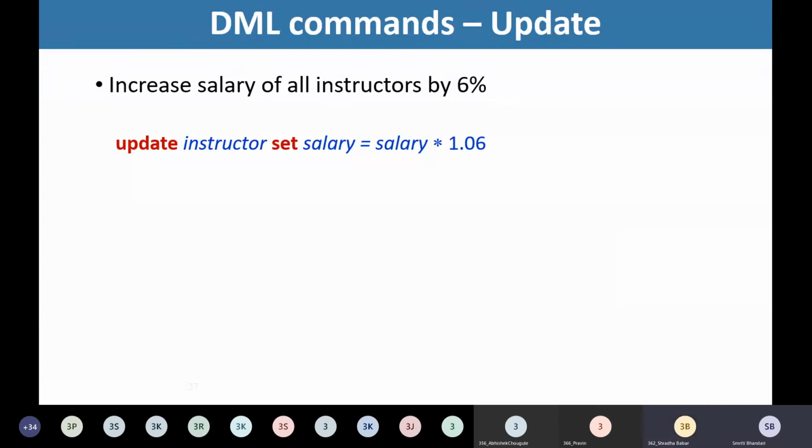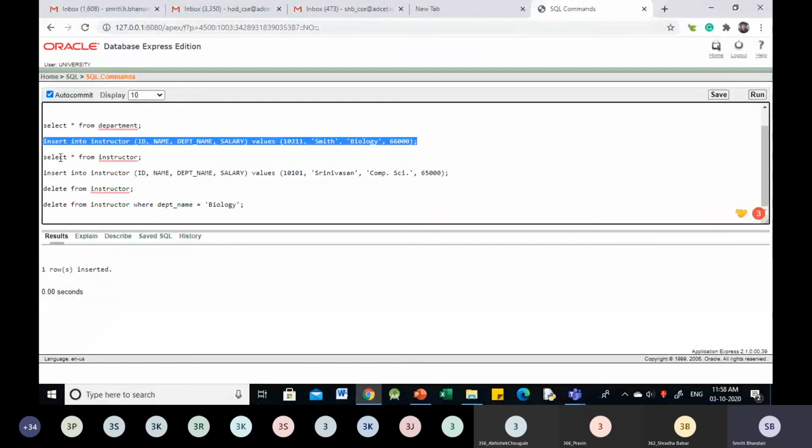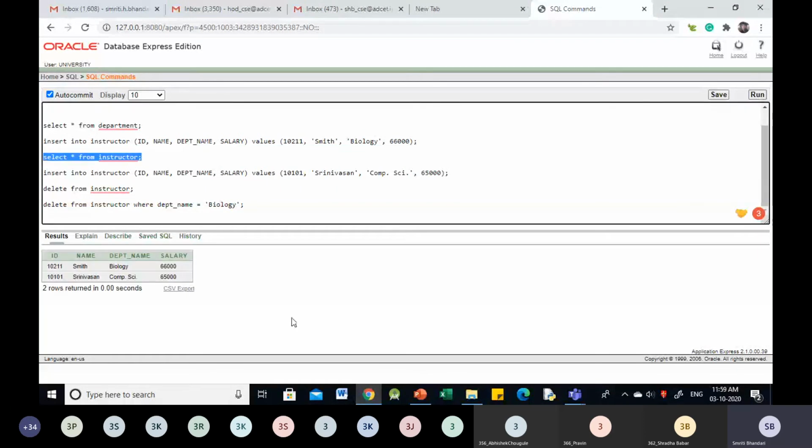Now, let us try to use this statement practically. Right now in the instructor table we have only one record, so let us add one more record so that we can see the change in salary values of both records. Now we have these two records, and suppose we want to update this salary.